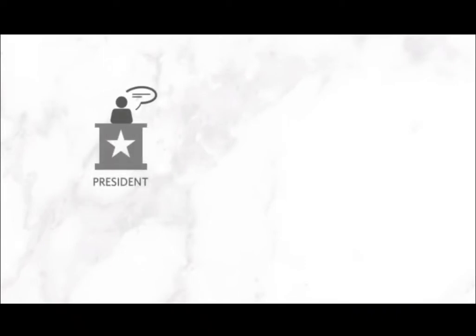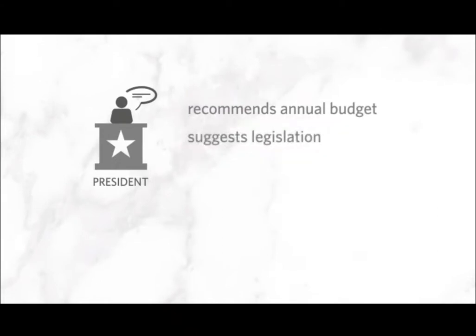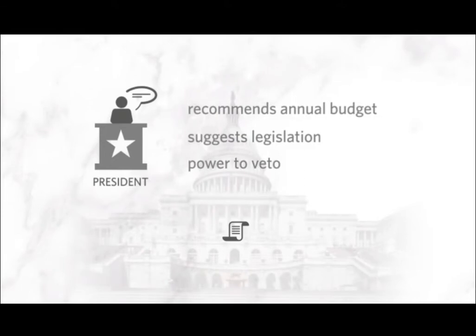While the engine of legislative ideas and action is Congress itself, the President has influence in the legislative process as well. The President recommends an annual budget for federal agencies and often suggests legislation. Perhaps more significantly, the power to veto legislation can affect the content of bills passed by Congress. Since it is quite unusual for law to be enacted over a presidential veto, Congress typically must accommodate the President's